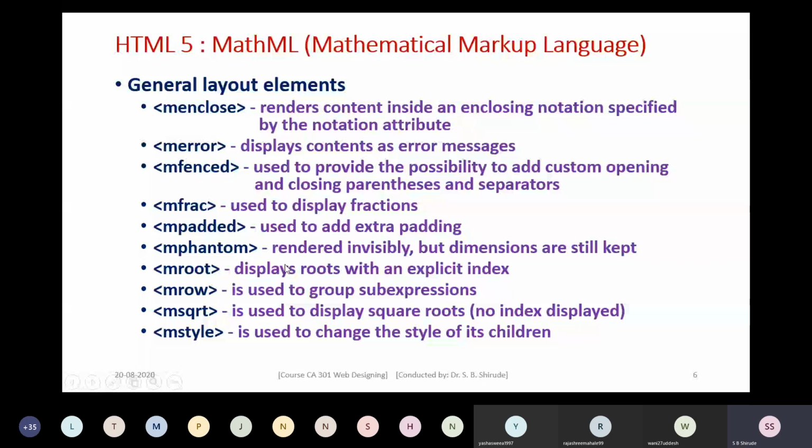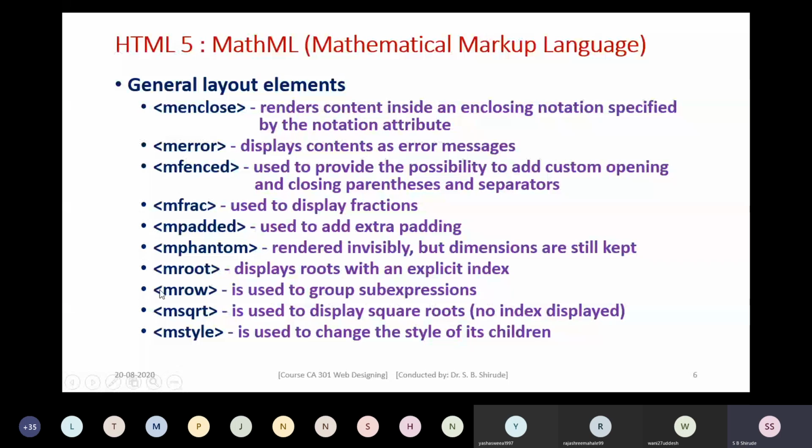Then mroot. You know roots are there in mathematics. For example, we have under root 3 or like that. We can have an index also for the root. That we can display by using the mroot element. Then we have another element which is mrow. This mrow element is used to group sub-expressions.